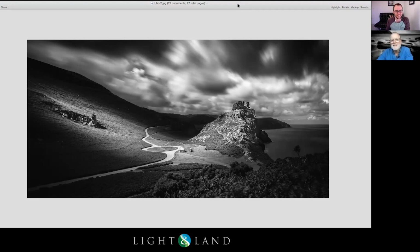But black and white images really work for me. They really help me to play, so we can work on the image more than we perhaps would with color. We can lead you through, finding where the subject is, where it's not, emphasize, de-emphasize. And with architecture, which I also love in black and white,